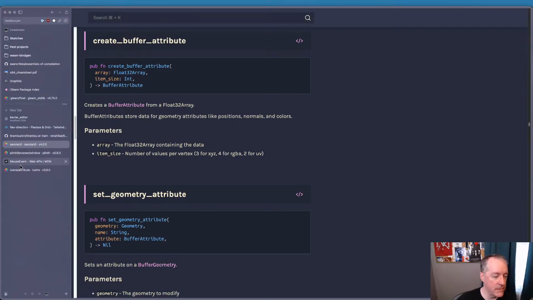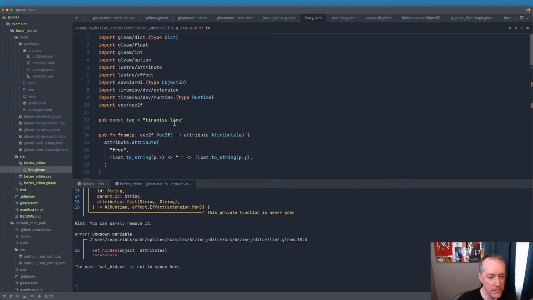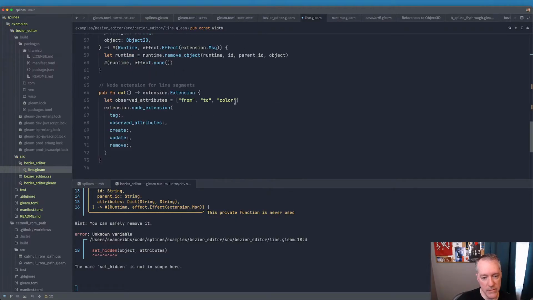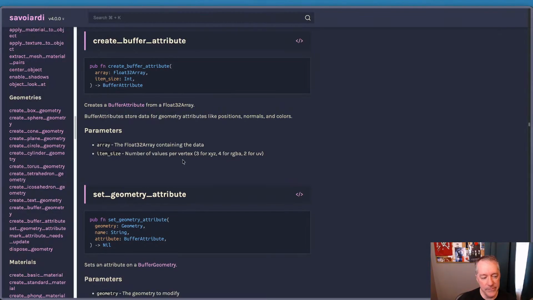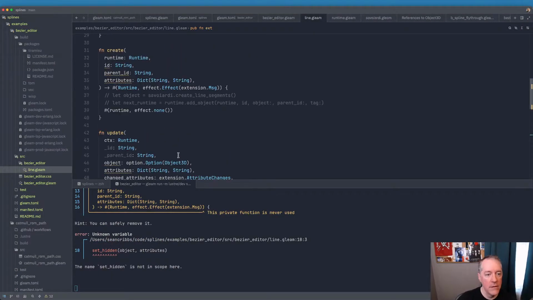The other thing that we can do here is I want to be able to use the line width in the material. So we say pub const width attribute dot width, and then we'll make the observe attributes width. Let me check how it should be done, because that's overcomplicated. Yeah, I mean, it was like you would create the geometry from the list of points, and there's only 2. So